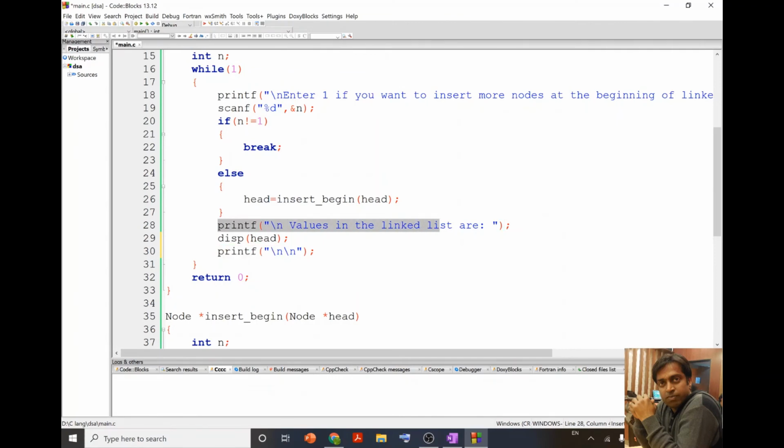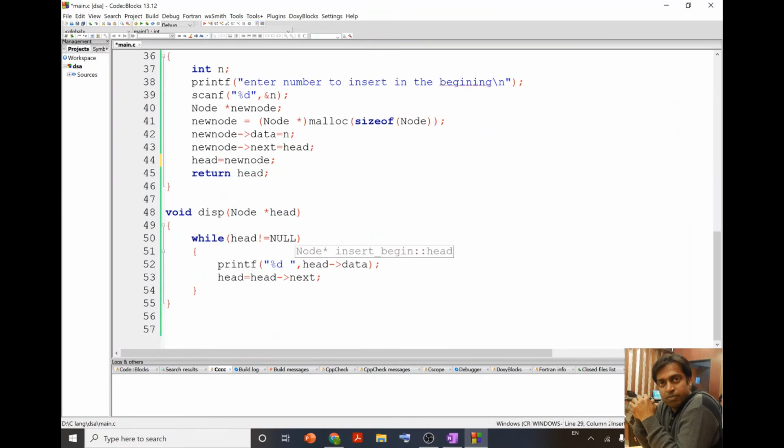Now after this, we are going to print the value, and after the print, we are calling the function display head. So now come to the definition part of it. Over here, this is the definition for display. In the display, I put a condition in the while loop: while head not equals null, I will execute these two things until head becomes null, and then I need to stop.